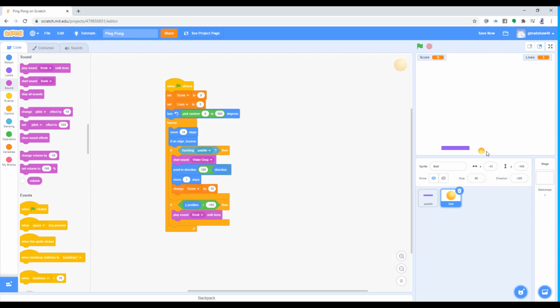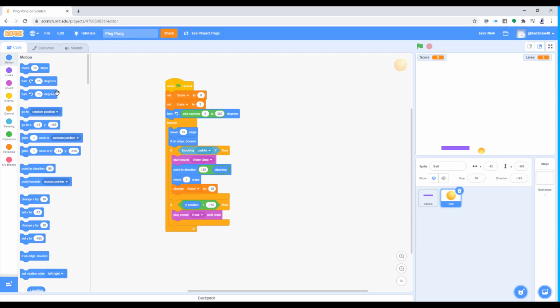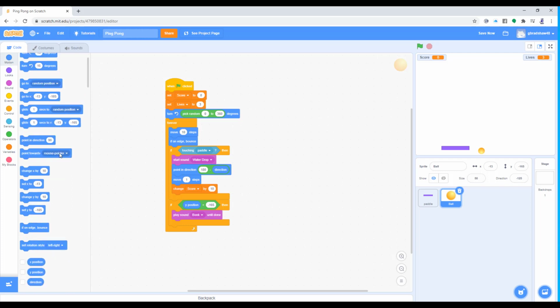Now the other thing I want to do, I don't want to keep the ball there, otherwise I'll just keep on losing lives. I thought, well, I can't keep the ball there. Once I've lost a life, I need to reset the game effectively. So I need to say, okay, I played my sound, boink, and I'm going to move my sprite back to where it should be. So go in here, I'm going to say, okay, I want you, when you've played the sound, to go to the following position,